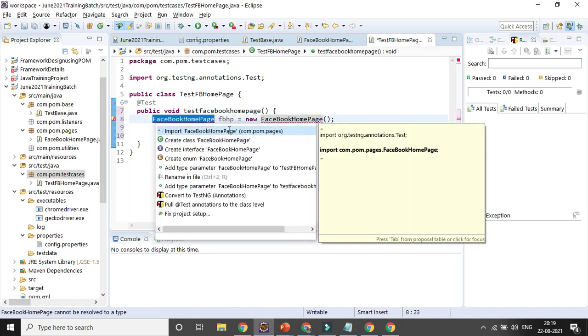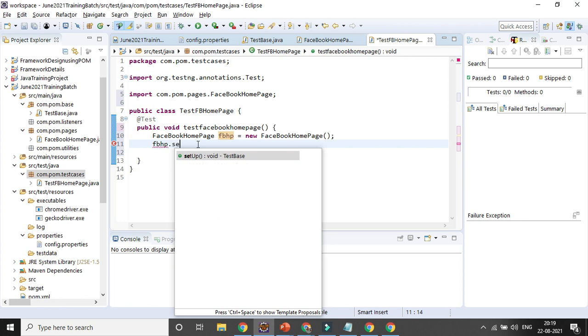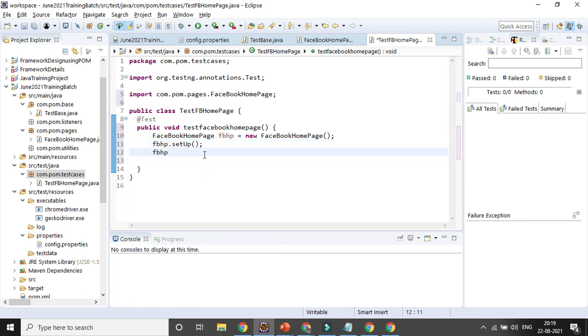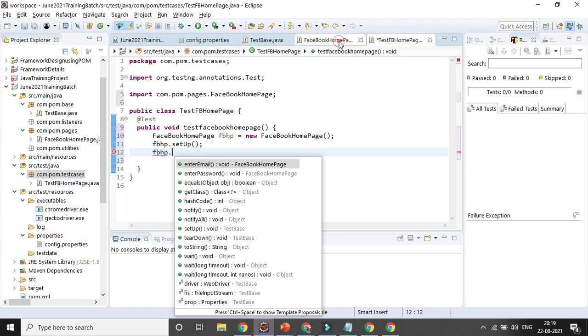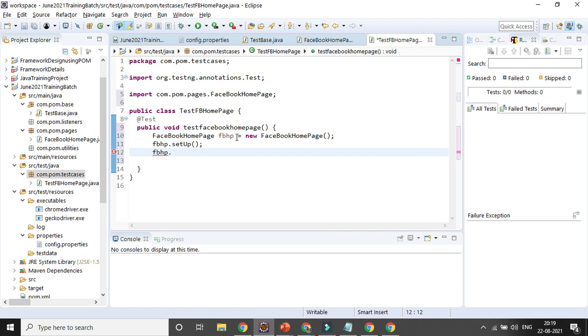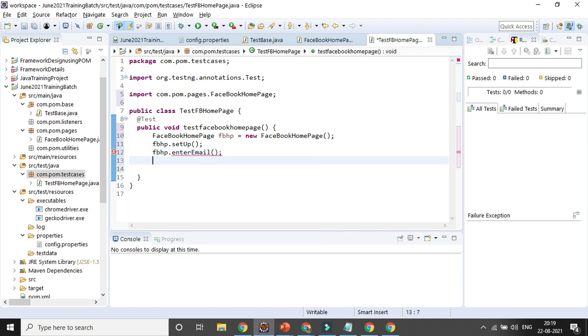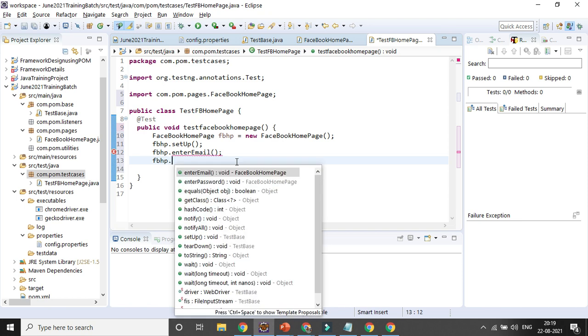Then now I'll be creating that method and I'll be first calling the setup method, right? Setup method. You can see. Then I'll be calling that method whatever created here, right? Enter email and enter password. Let's try to enter email and enter password.